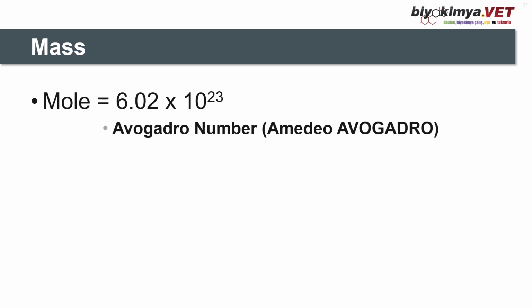Now it is time to understand the relationship between mass and the mole number, because we need to understand the mole number to prepare molar and equivalent concentrations. And it's essential. The mole number, or 1 mole, is 6.02 times 10 to the power 23. And this is the famous Avogadro number defined by Amedeo Avogadro. Amedeo Avogadro was an Italian scientist. He lived between